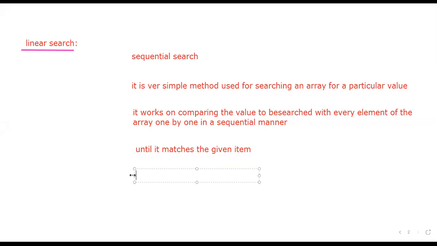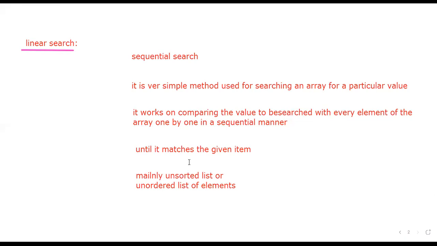So mainly a linear search or a sequential search will apply on an unsorted or unordered list of elements.